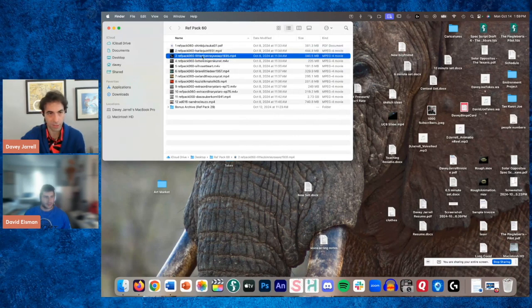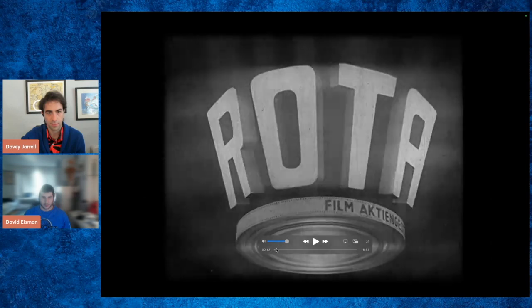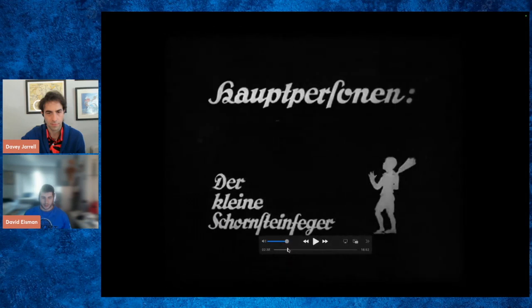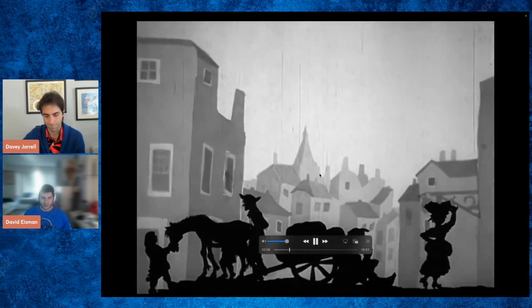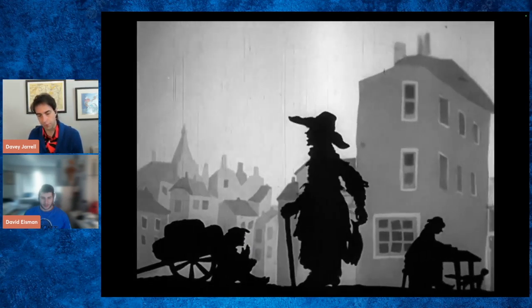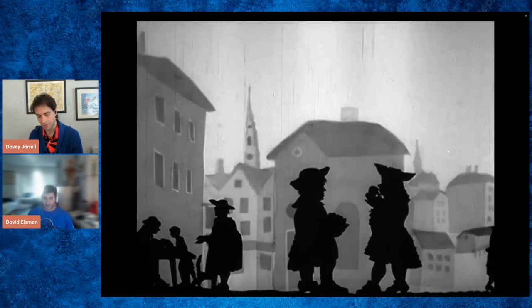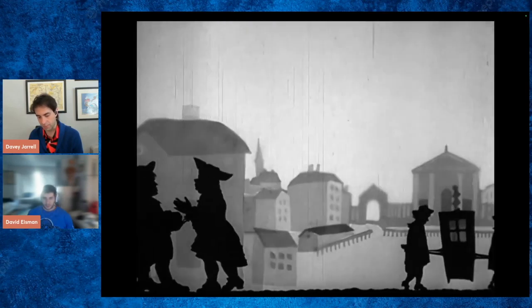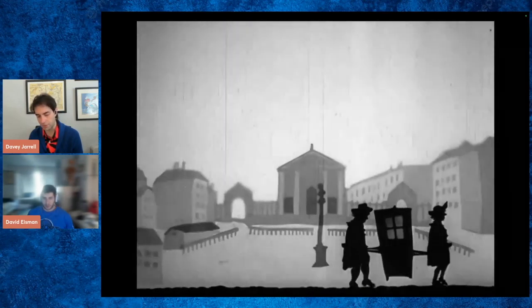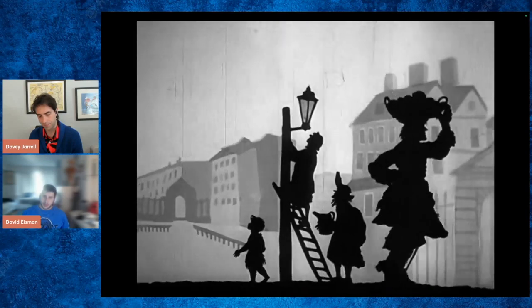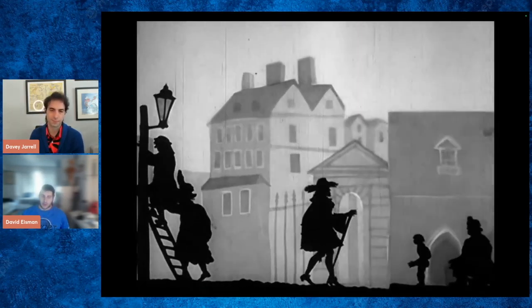So, we also have in this reference pack Lotte's The Chimney Sweep from 1935. Good old text scroll to let you know what's going on. So both of these films are a fantastic example of the way she merged motion and music. You notice that the staging is flat, but the puppets never feel flat or stiff, and their movements never feel limited either. Look how she uses bigger and smaller puppets to forge perspective.